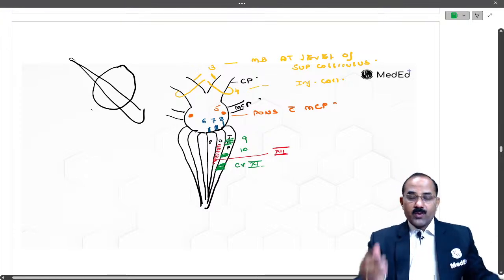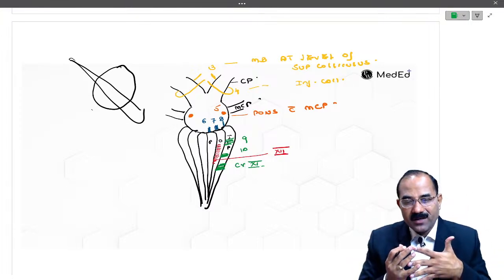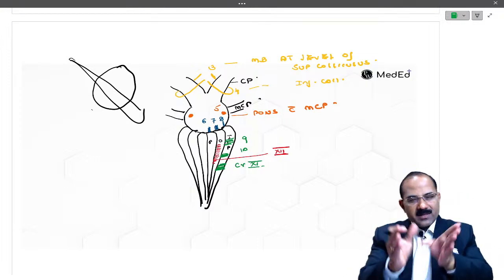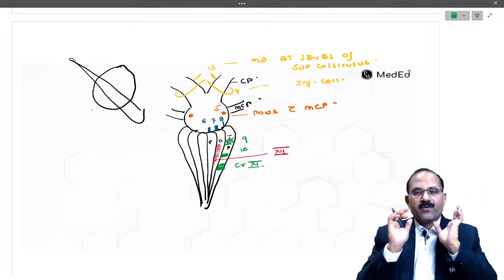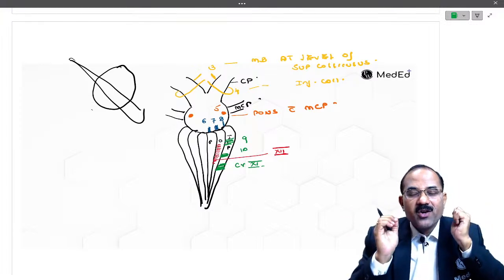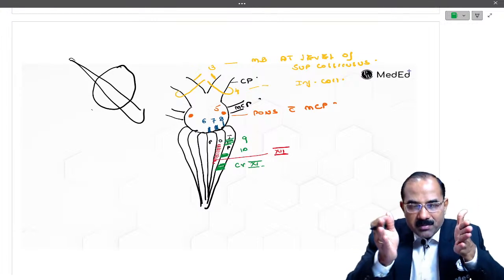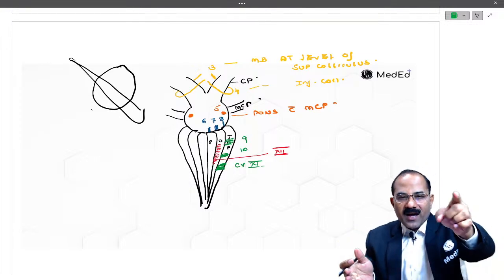So the third, fourth, and sixth nerves are present in the posterior cranial fossa. You know the anterior, middle, and posterior cranial fossa, right? The brainstem is in the posterior cranial fossa, so all these cranial nerves start in the posterior cranial fossa. Now these third, fourth, and sixth nerves have to go towards the superior orbital fissure, towards the orbit. So they have to pass through the middle cranial fossa. And when they are passing through the middle cranial fossa, they are related to